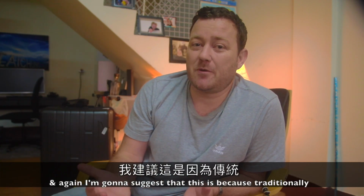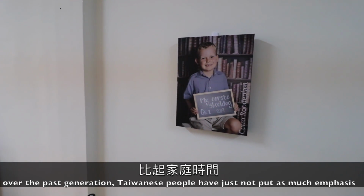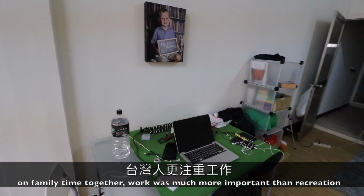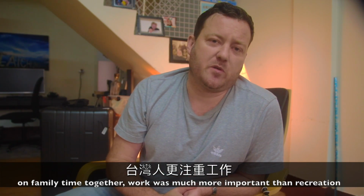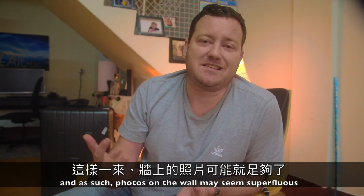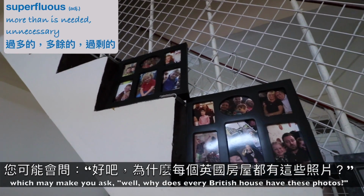And again, I'm going to suggest that this is because traditionally, over the past generation, Taiwanese people have just not put as much emphasis on family time together. Work was much more important than recreation. And as such, photos on the wall may seem superfluous, which may make you ask, well, why does every British